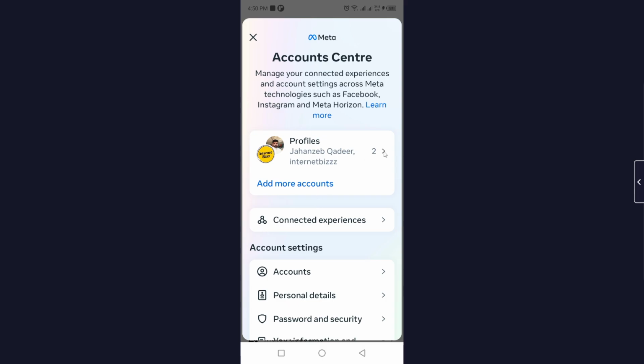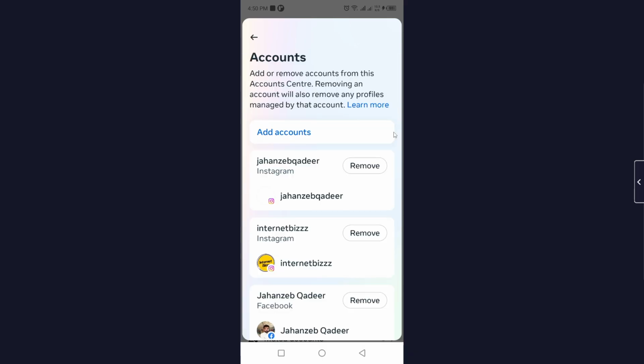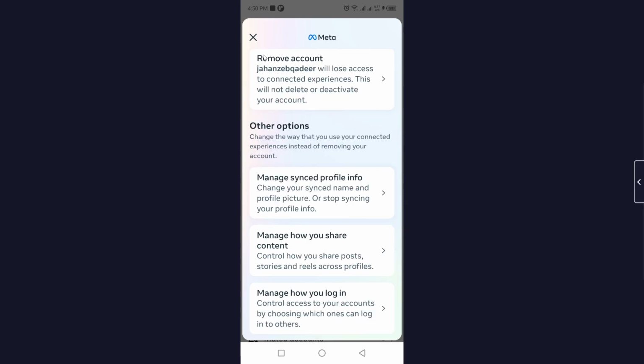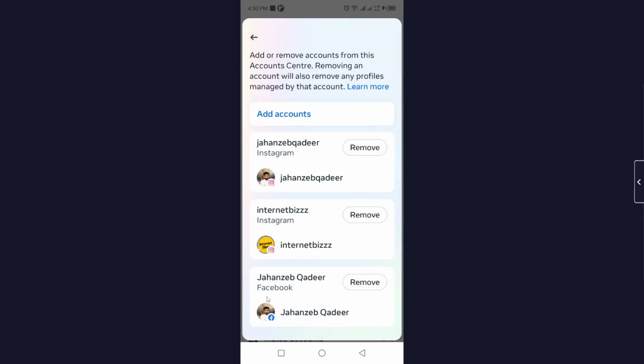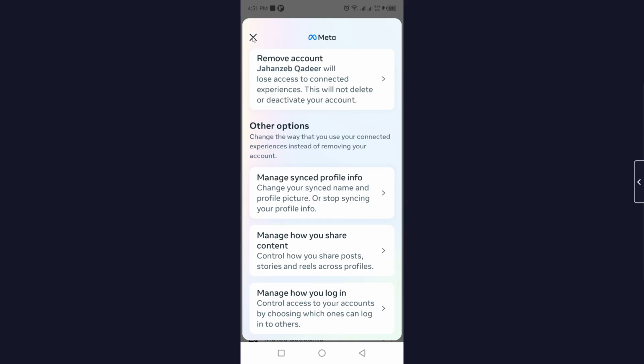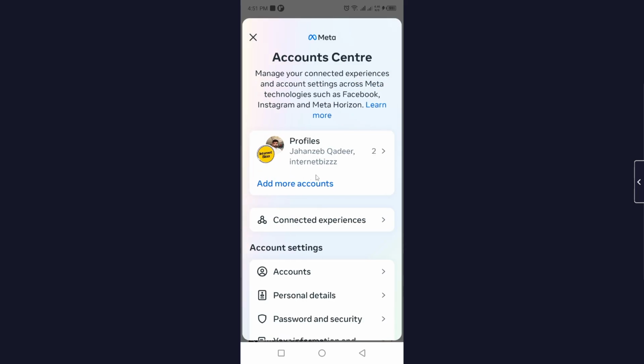and click on this option, or you can click on accounts. So here you can see my Instagram, click on that, and here you need to click on remove. So here you can see that once you click on that, you see different options to remove Facebook, but I want to remove the synchronization, so you simply need to click on that,